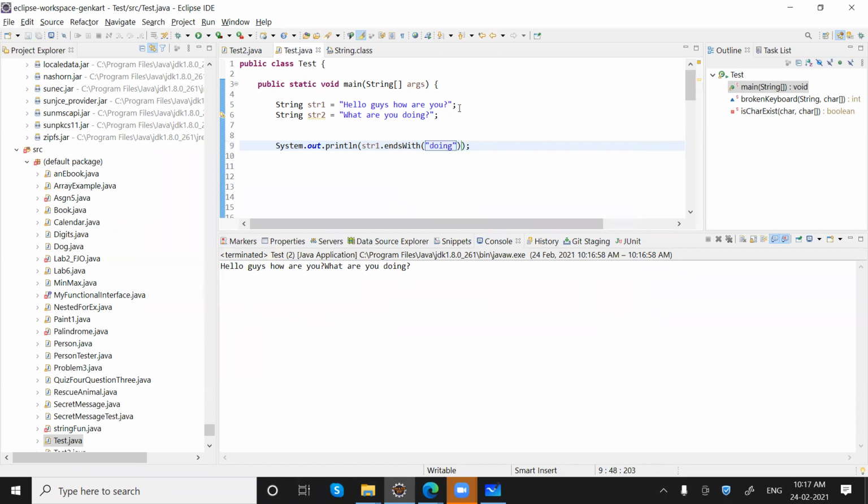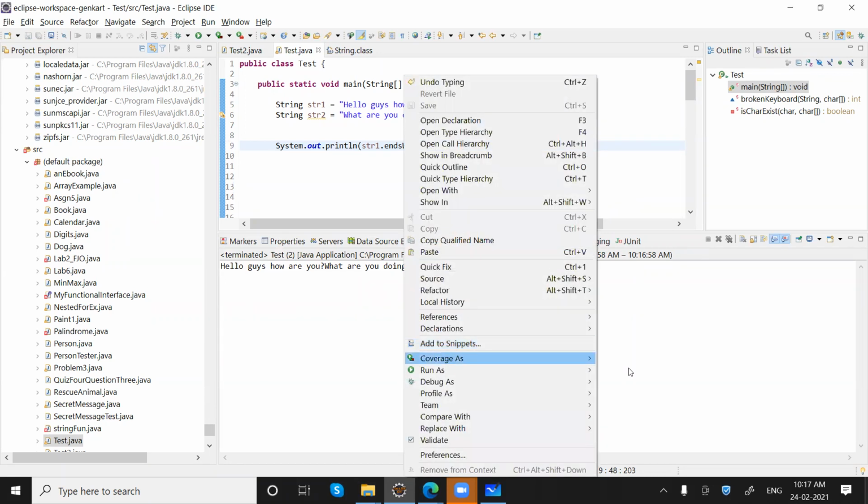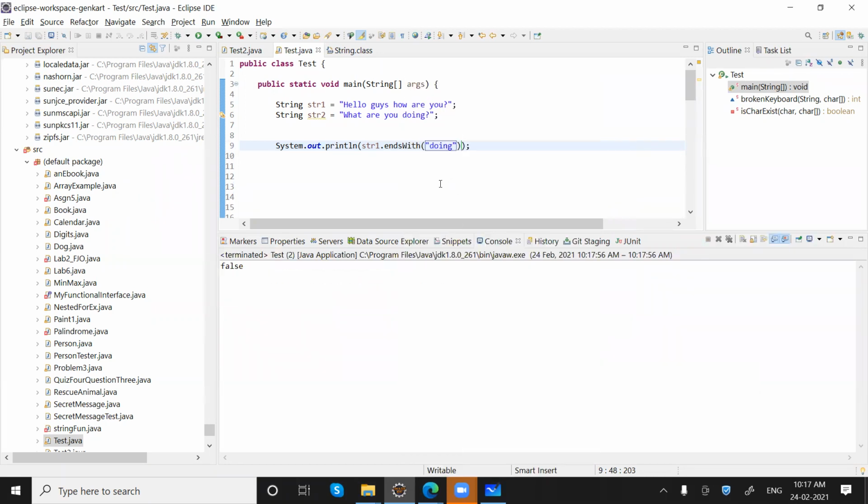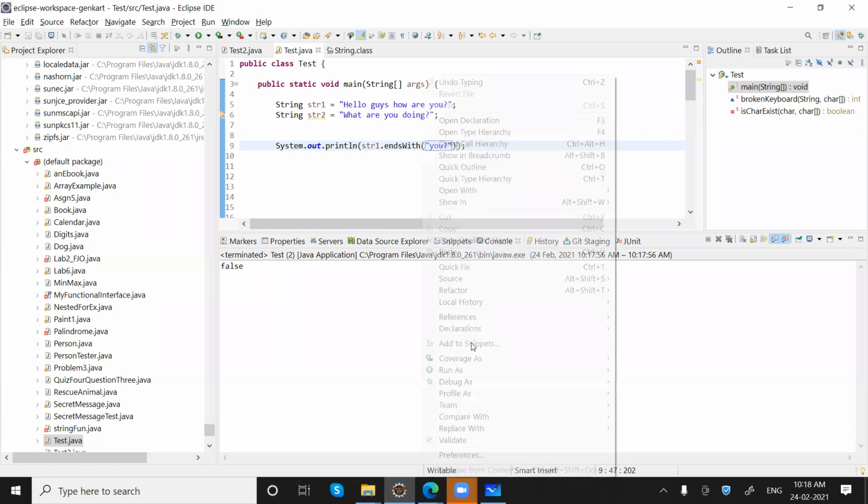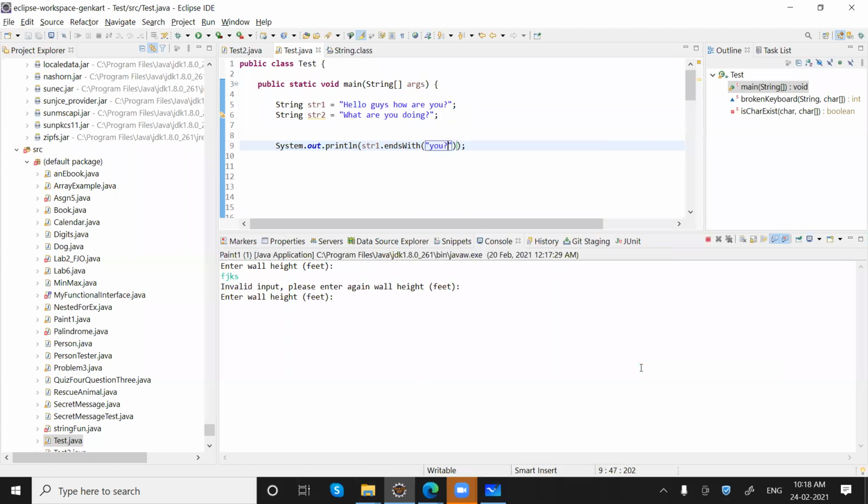You can see our string ends with "you" and a question mark, so it will say false. It doesn't end with "doing". If I say our string ends with this pattern, yes it does, then it will say true. Similarly, we have startsWith.